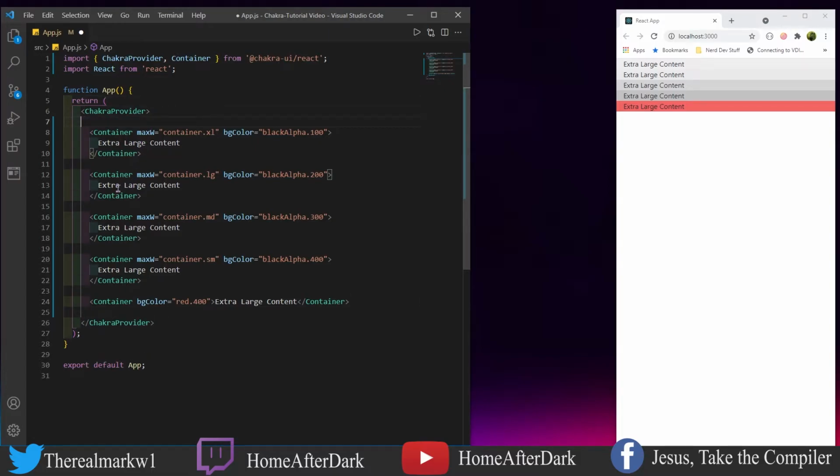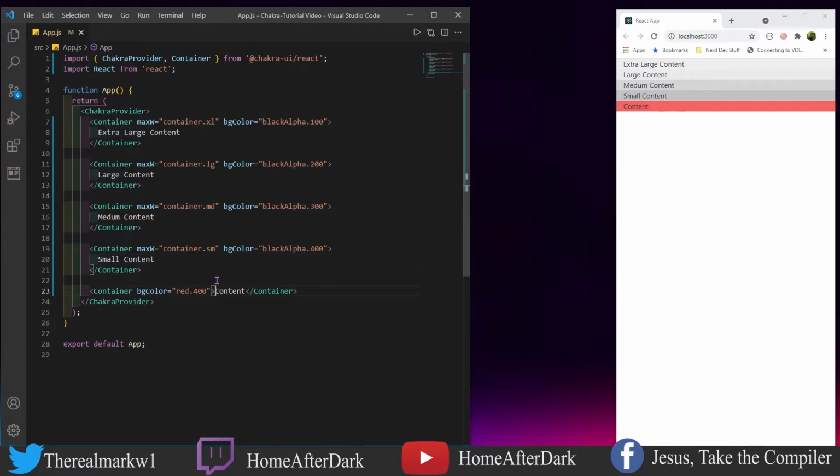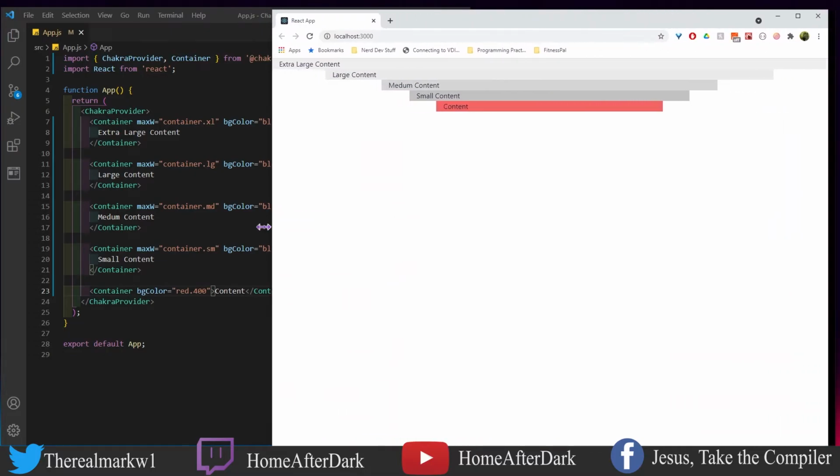We have the extra large. We have large. Let me retype this to medium. And then our small. And then right there, we just have content. So as we expand this on out, we could see here